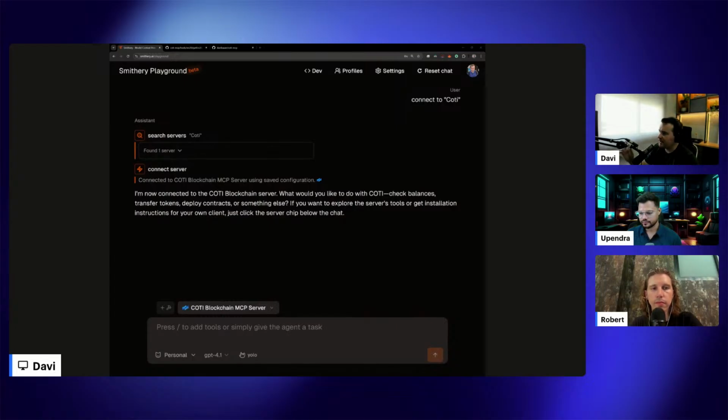So I recommend using this MCP. We can maybe set up a future live stream using the COTI MCP with Cursor and Windsurf, helping you create your dApp using the COTI MCP. So it's a good tool to facilitate, even for beginners, the creation process, not just the discovery process, but also the creation of a new app.